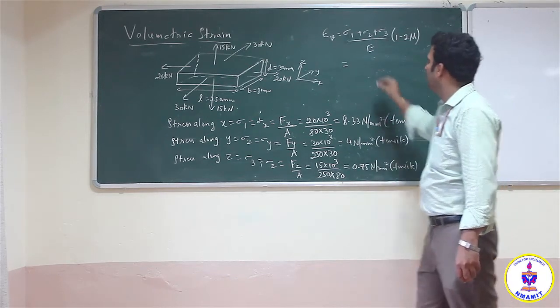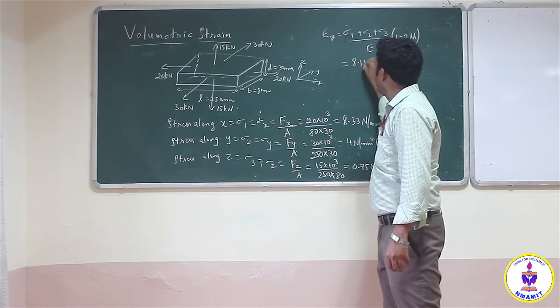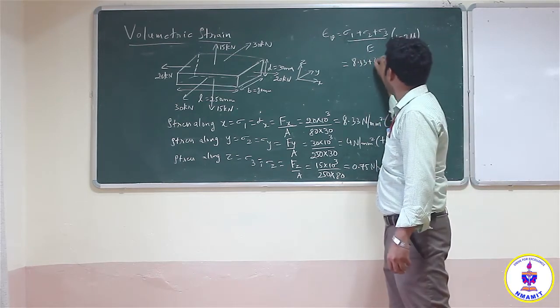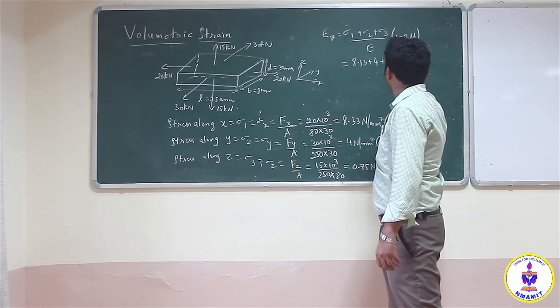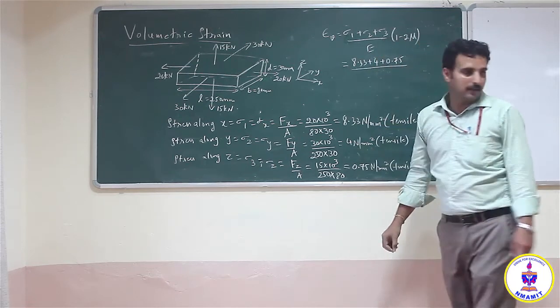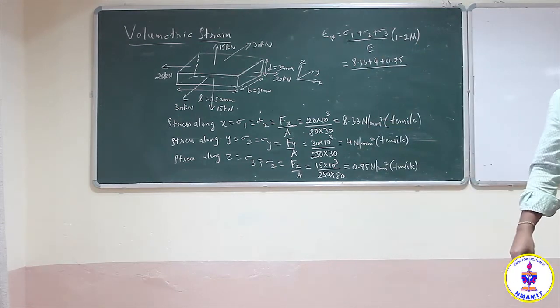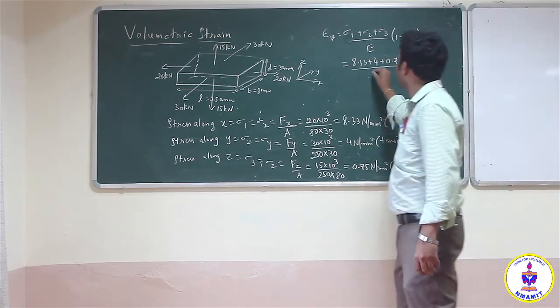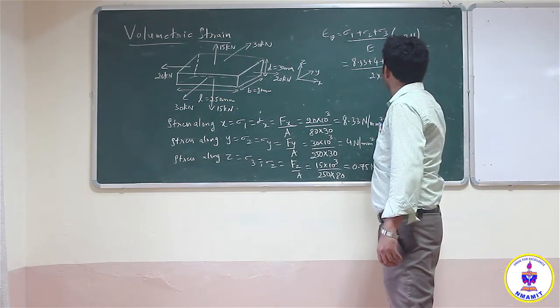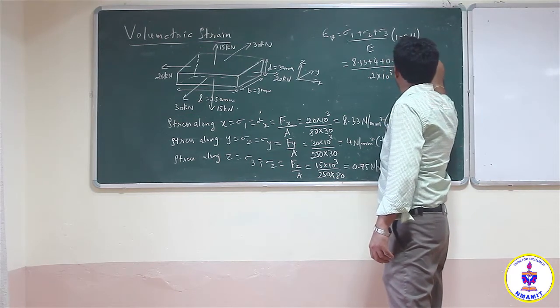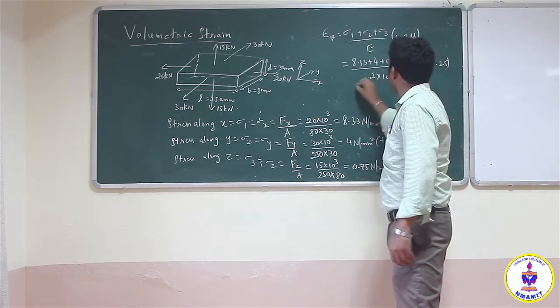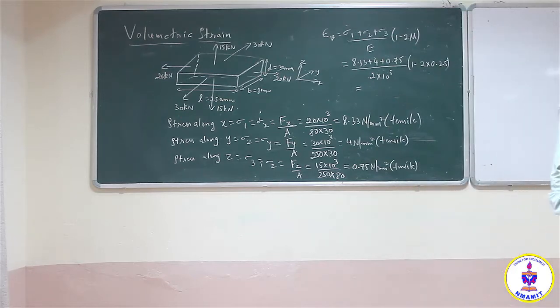So sigma 1 is 8.33, sigma 2 is 4, sigma 3 is 0.75, divided by Young's modulus, which is given in the problem. It is 2 into 10 power 5, into (1 minus 2 into 0.25). So epsilon v is equal to